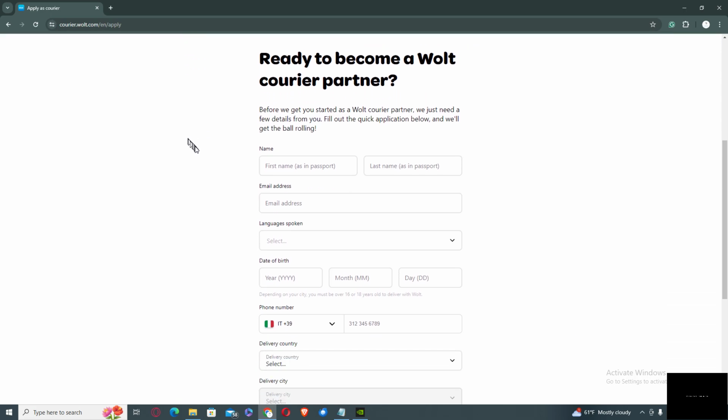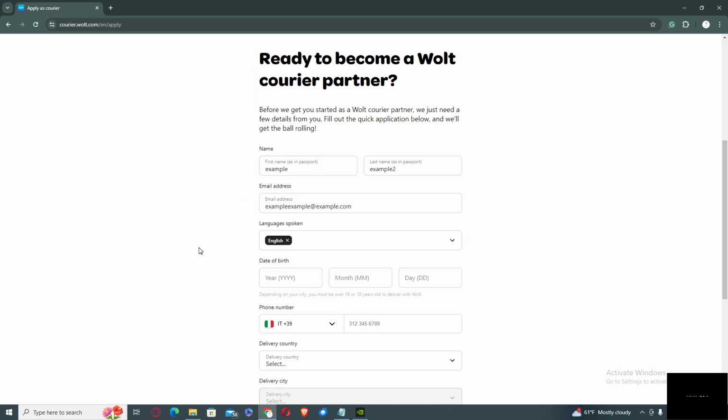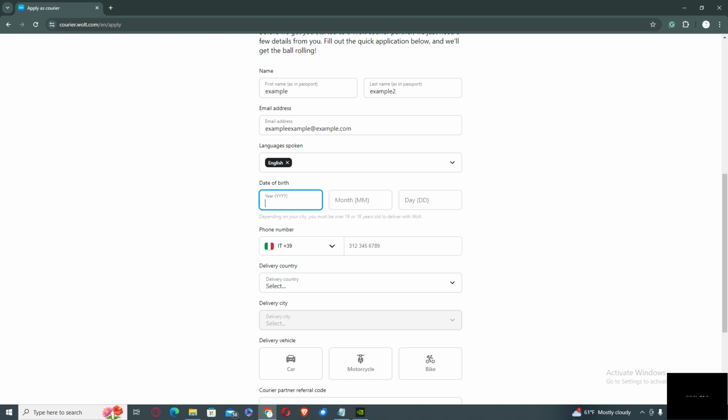So on the first page you will have to enter your personal details like your first name. I already have an account, so I don't want to enter my details again, so I'm going to enter dummy data. Okay, enter your email, then here you need to select your language. I will select English. Then below that you need to enter your date of birth,